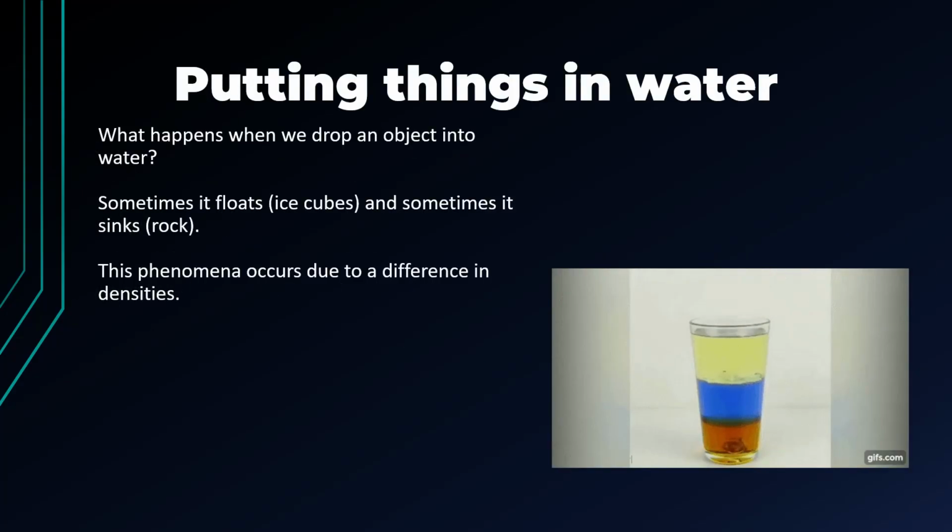So what happens when we put things in water? Well, it depends on the density of my object and the density of my fluid, right? So here in this little GIF, they've got 4 objects and 3 different fluids with different densities, right? So sometimes objects float like ice cubes, and sometimes objects sink like rocks. And this occurs because of the differing densities of the objects, as well as what we see here, the differing densities of the fluid. So that brown fluid is more dense than that grape. And the blue fluid is more dense than that bottle cap, right? So we get this